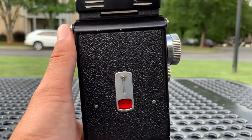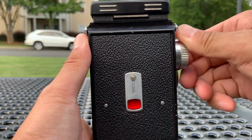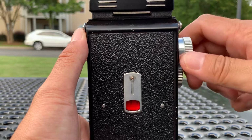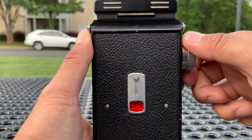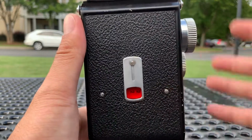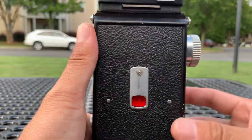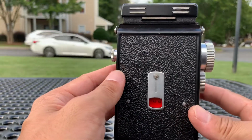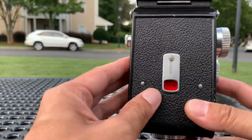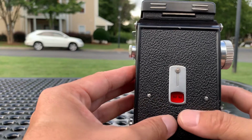And now, to advance the next frame, you simply just move this until you see 2, until it's sort of centered in the window. And that's how you know you're in the second frame. It's very simple, it's very rudimentary, but it actually works really, really well. So just keep that in mind. These cameras will shoot 12 shots on a roll of 120 film. So once you see 12,